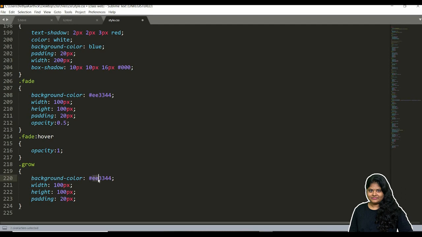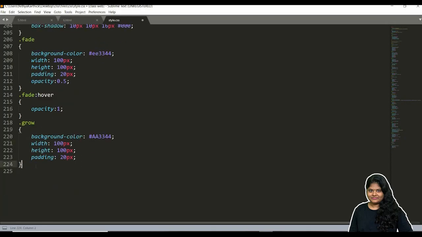Let me change the color. When I hover on this grow, for that we write grow colon hover.